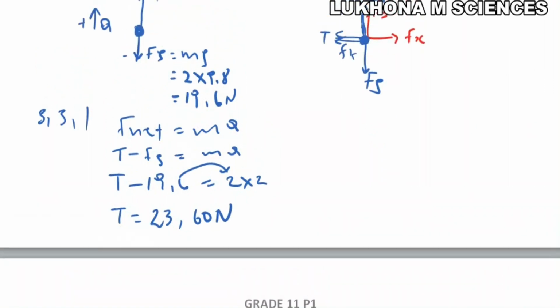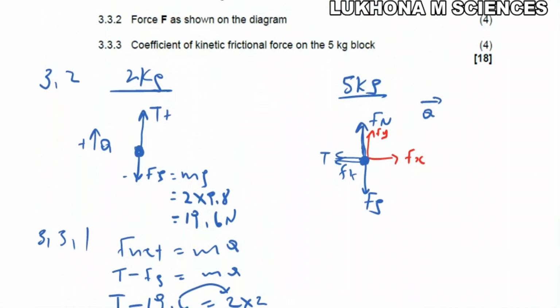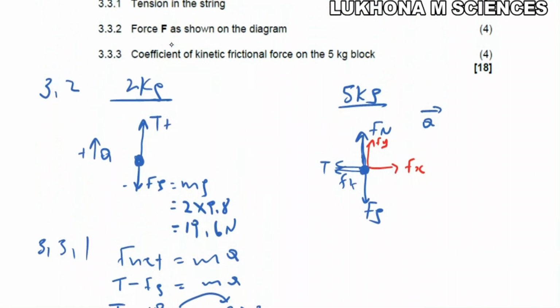Now let's go to another question. The second question says calculate F. So F is here because we know this one is F cos theta and this one is F sin theta. So we can use horizontal, we can use vertical. Now let's say we use vertical. We will need the normal force, Fy, Fg. We do not have the normal force. But if we use the horizontal forces,